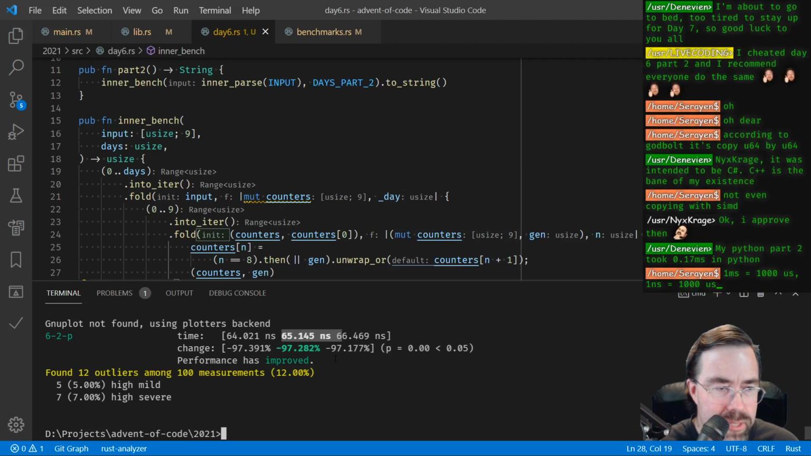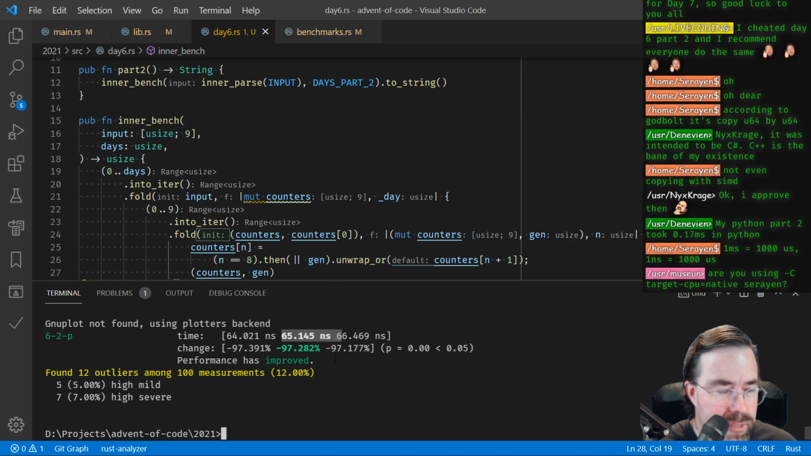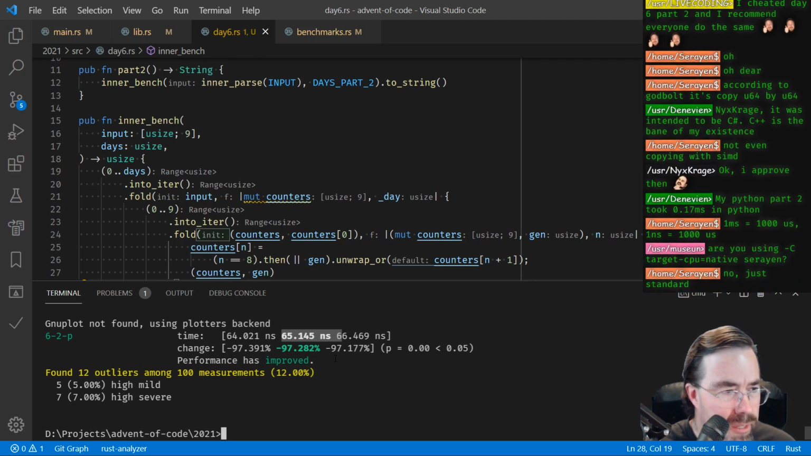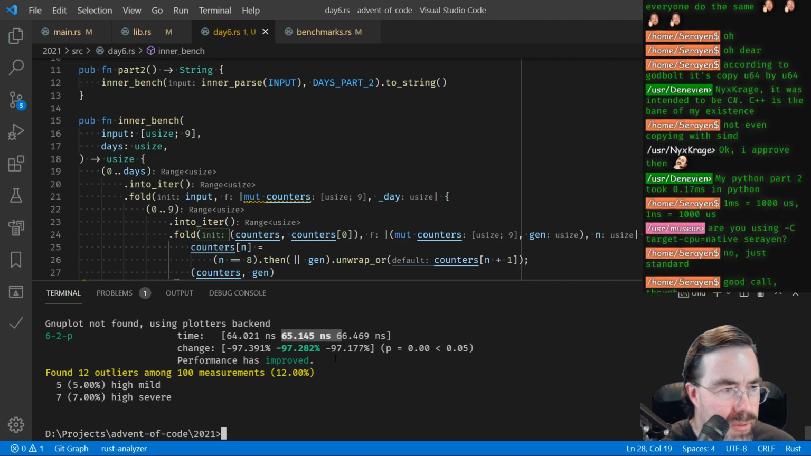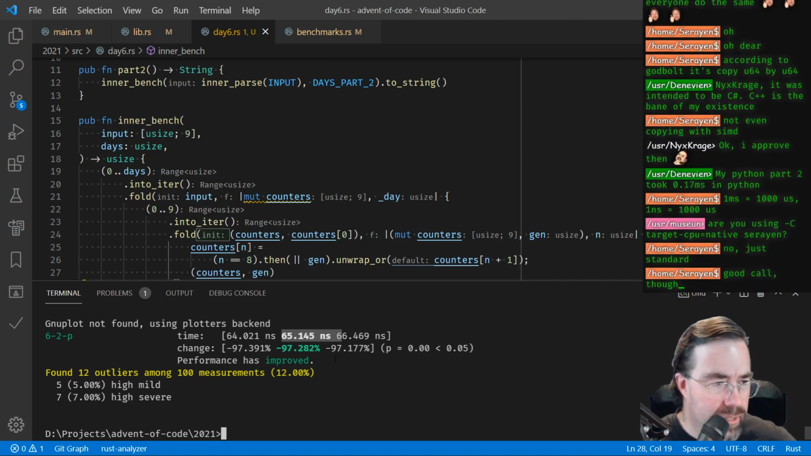So we can do this in Rust because Rust is a completely compiled language where Python is interpreted. So you have some hard limitations there. Yeah. Using C target CPU native. Oh, you're talking about Sarian's thing. All right, anyway,